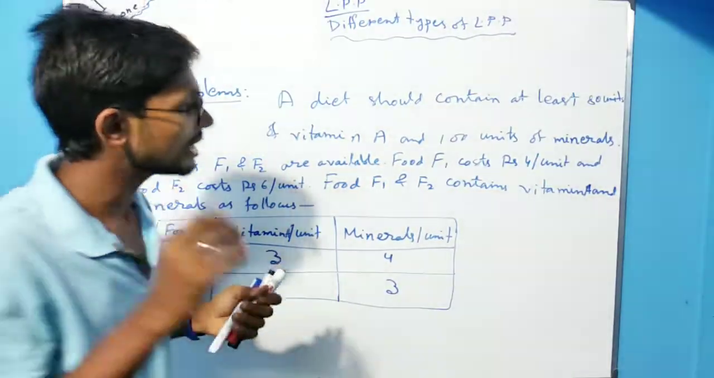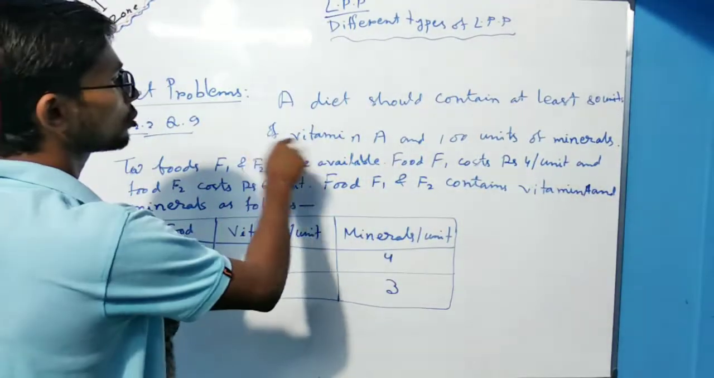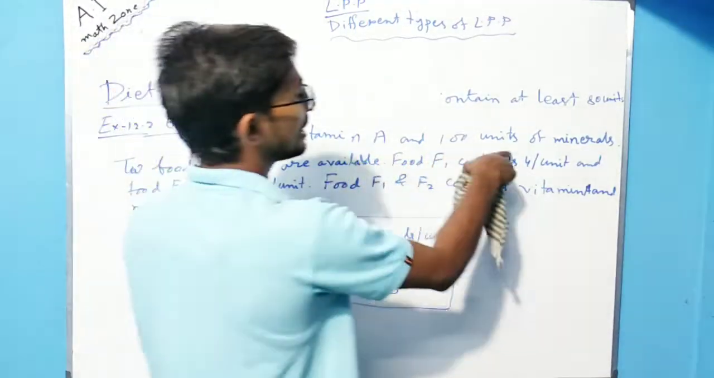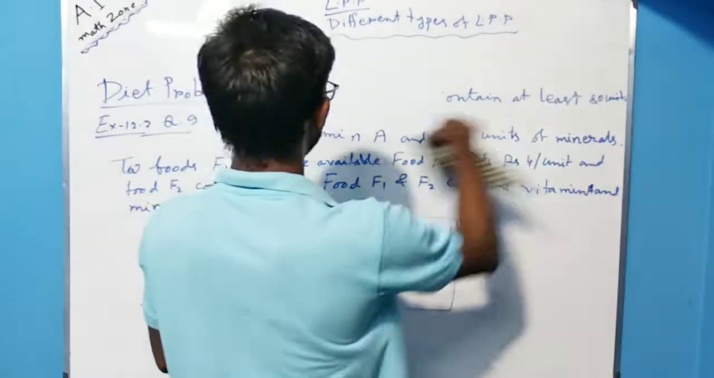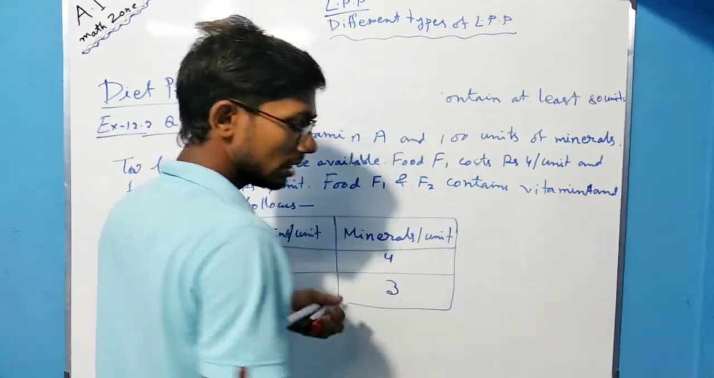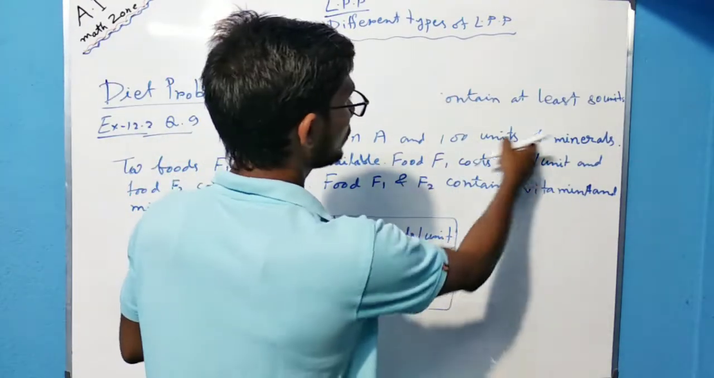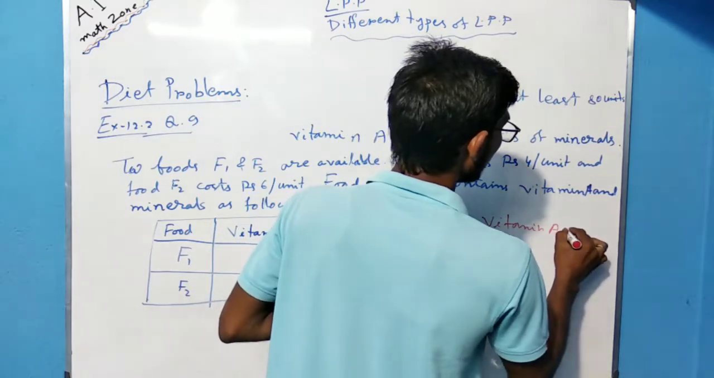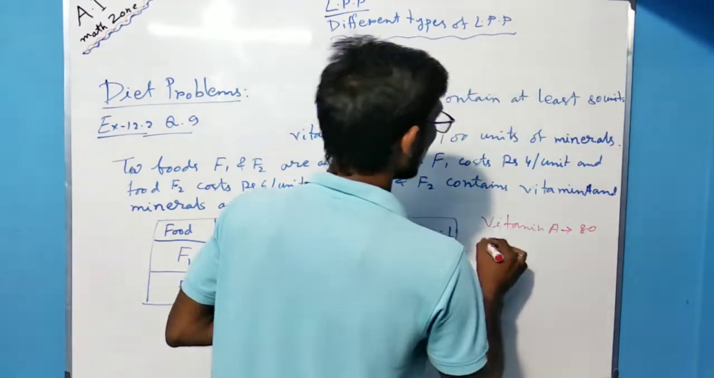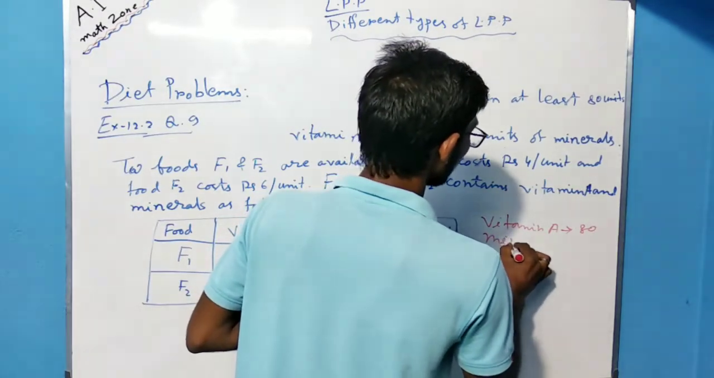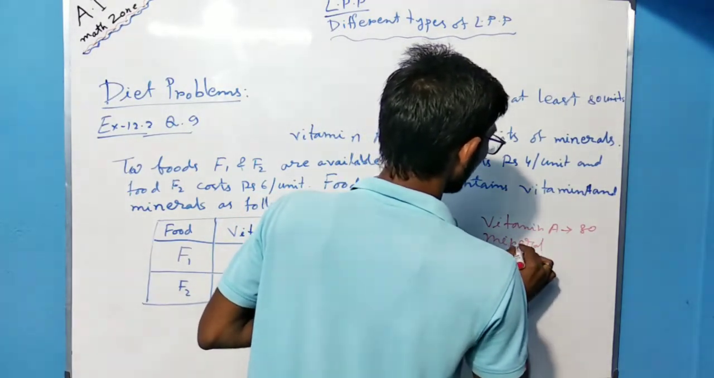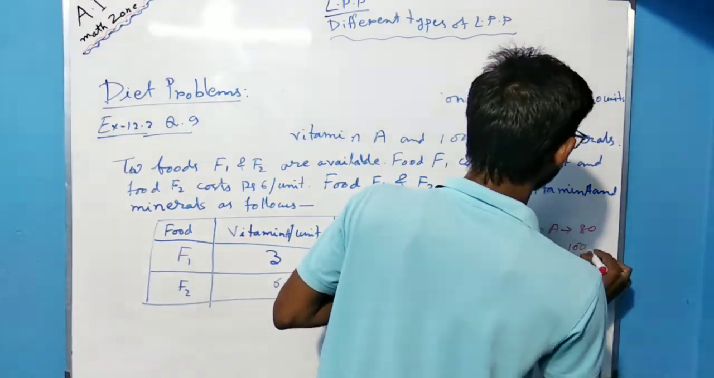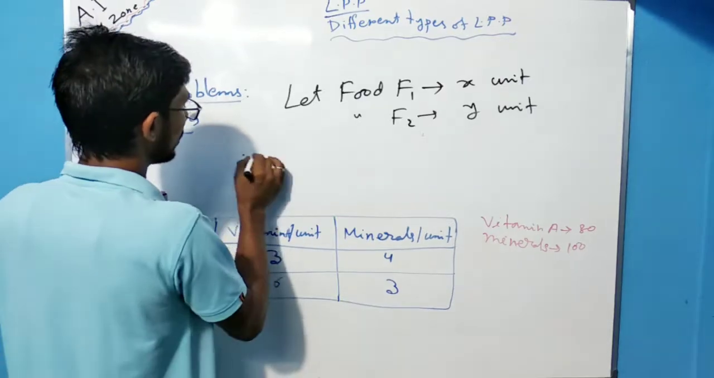Right? Now see here, the main thing is the total requirement for vitamin A: how much? 80 units of vitamin A and 100 units of minerals. So vitamin A is how much? 80 units. And minerals, how much? Minerals is 100 units, right? So cost is how much? Therefore total